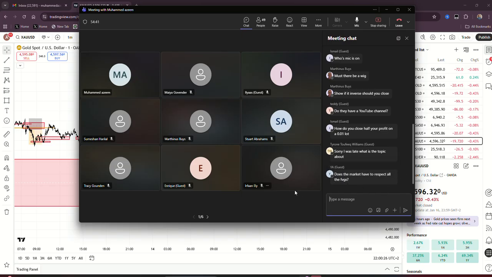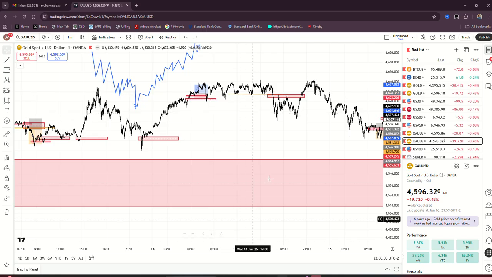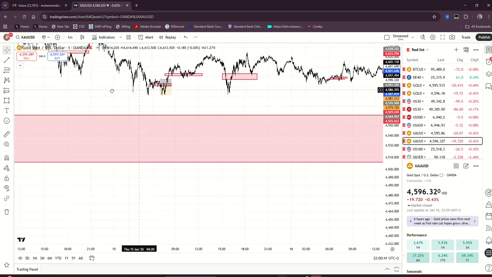Market has to respect all the FVGs? No, the thing is, right, if you want to take a trade, the market doesn't have to. The market is going to eventually disrespect it, right? It will disrespect the fair value gap. Okay, the market is going to eventually disrespect it, but